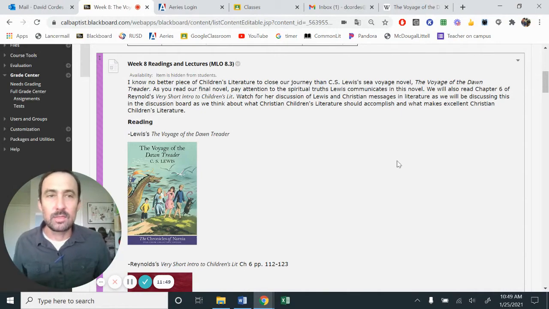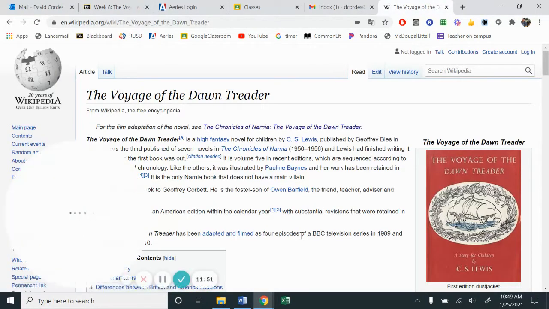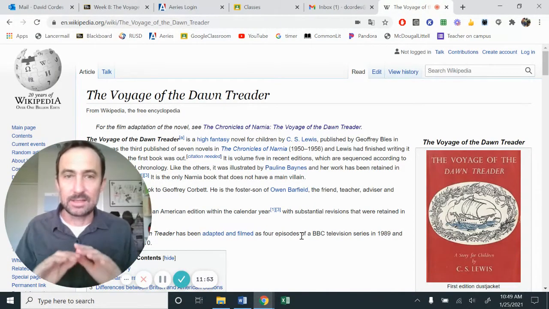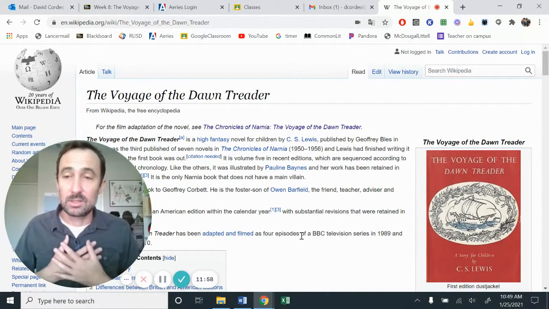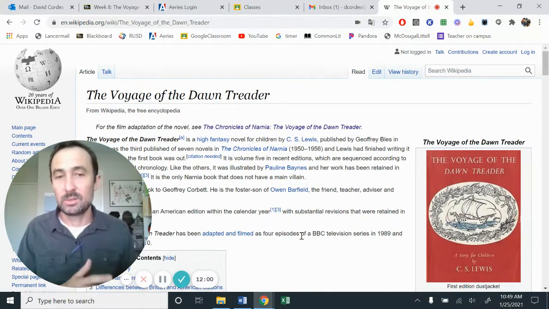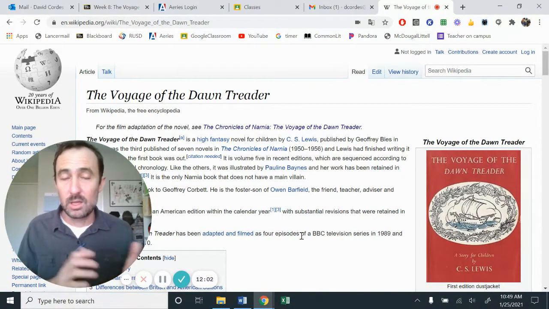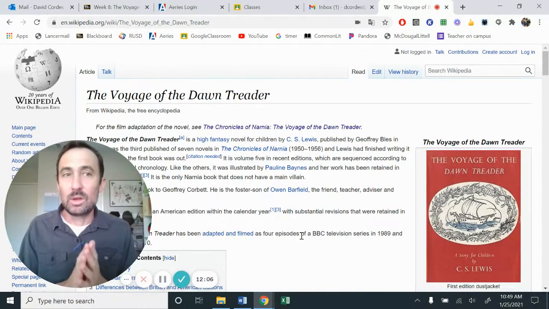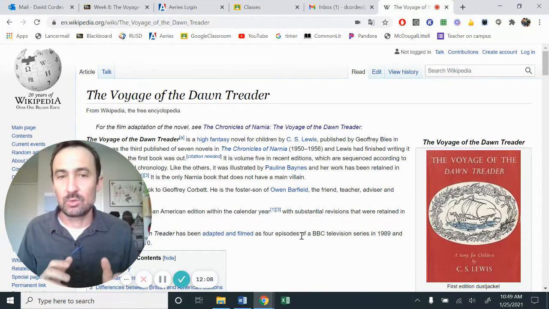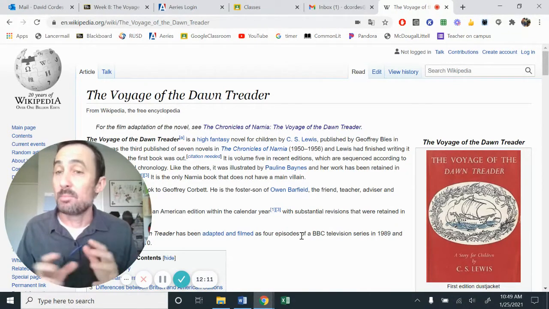So when we look at the Voyage of the Dawn Treader, there are lots of things that can be said and done. But we as the adults have the responsibility to inform, to teach, to enlighten. We have the responsibility of making sure that things are not misunderstood.